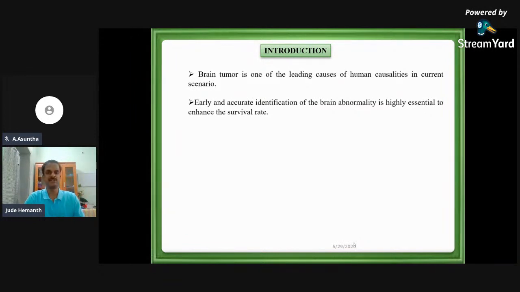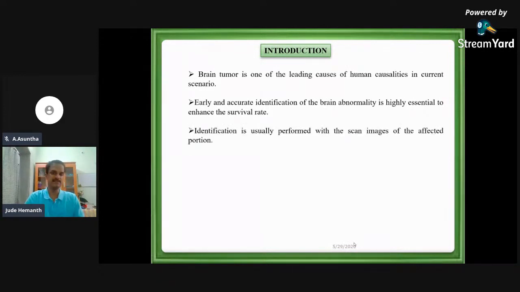Early and accurate identification of brain abnormality is highly essential. It is a life or death problem, so two things are mandatory. The first is accuracy, how accurately you diagnose the disease. The second is how quickly you diagnose. You cannot ask the patient to take a scan and come back for the results the next day. Conventionally it takes some hours, 2 or 3 hours. But how quickly you can detect in the early stage are concepts which have to be supported by the artificial system which we develop.